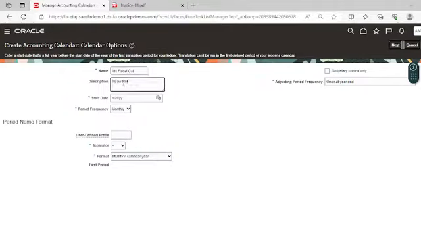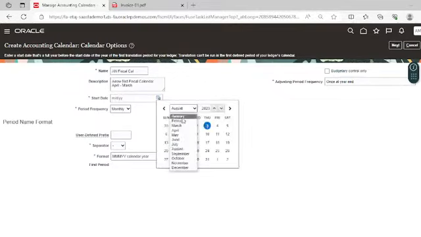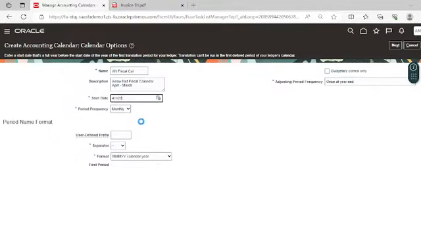Give the description here. Now here you have to select the start date of this calendar. And what should be the period frequency, you have to select here.